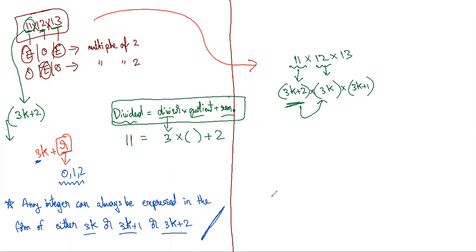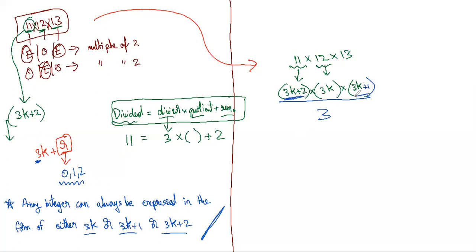3k plus 1. Okay. Good. So I think everyone understood. Now just think about it this way. If I'm dividing this product, remember it's a product, we are multiplying, okay? If you're dividing this product by 3, can I say this will always be divisible by 3? What is the reason? Why will it be divisible by 3?